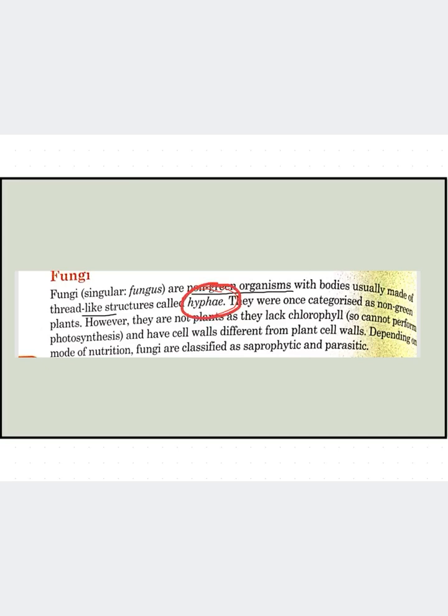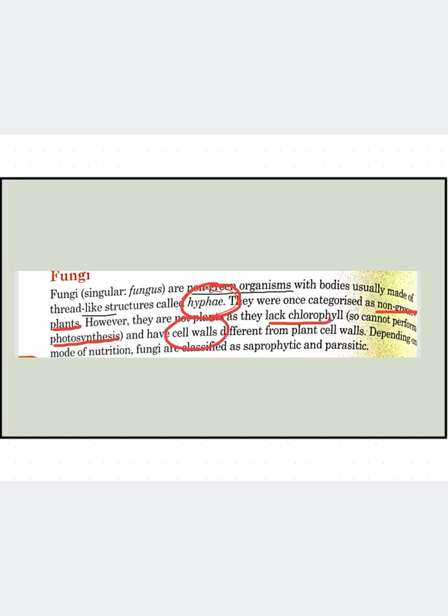क्या कहते हैं बेटा उनको? Hyphae. Okay. And in earlier times, they were considered as plants. They were considered as non-green plants. शुरुआत में ऐसा माना जाता था बेटा कि fungi जो है वो plants हैं. They were not considered as organisms. Okay, they were considered as plants that do not contain chlorophyll, means they are the plants that cannot perform the process of photosynthesis. Okay, and they also contain cell wall. Cell wall भी इनके अंदर present होती है.